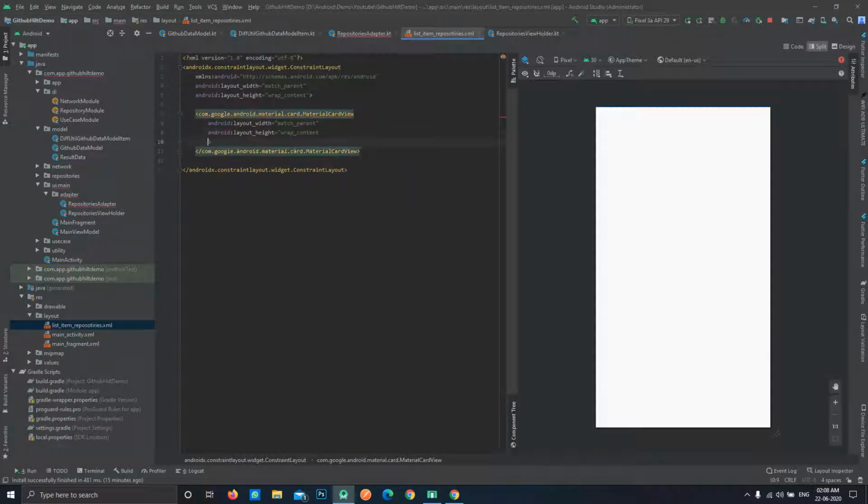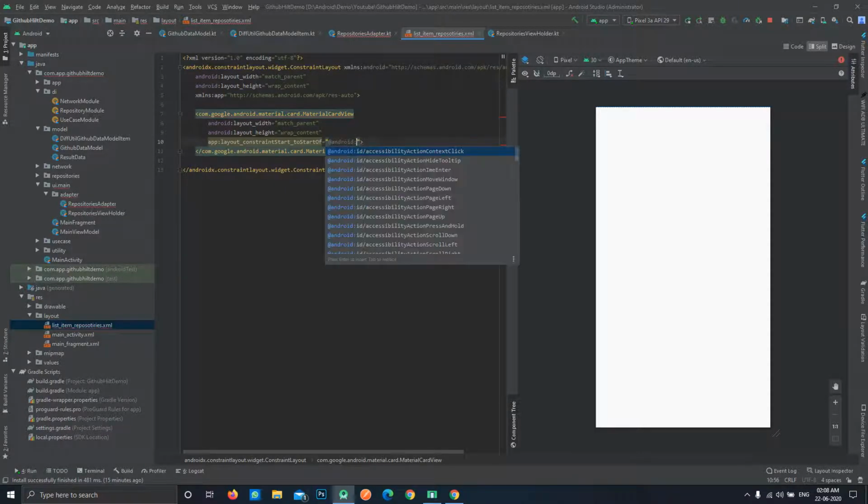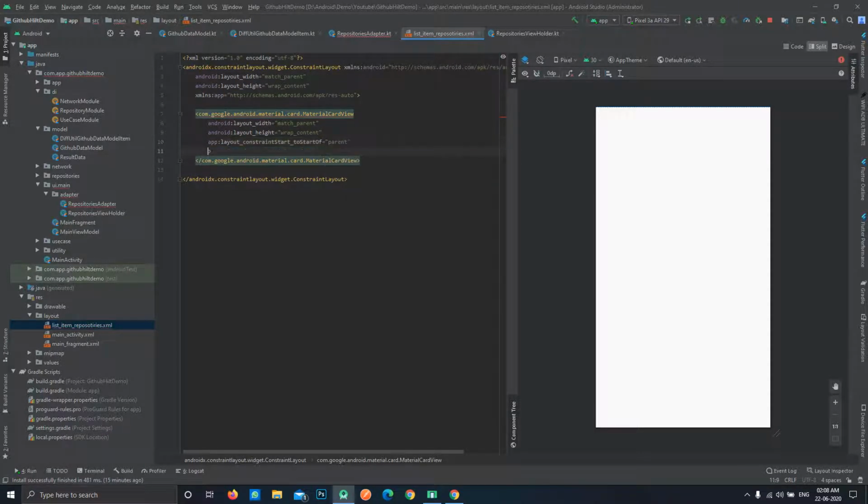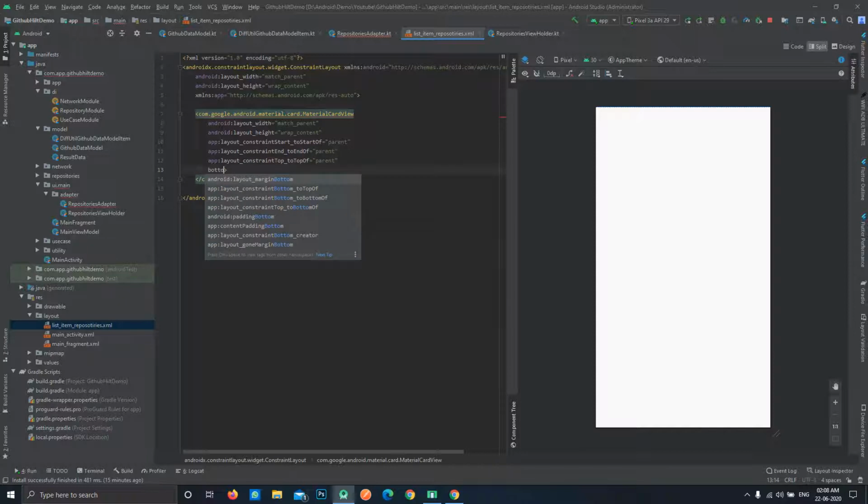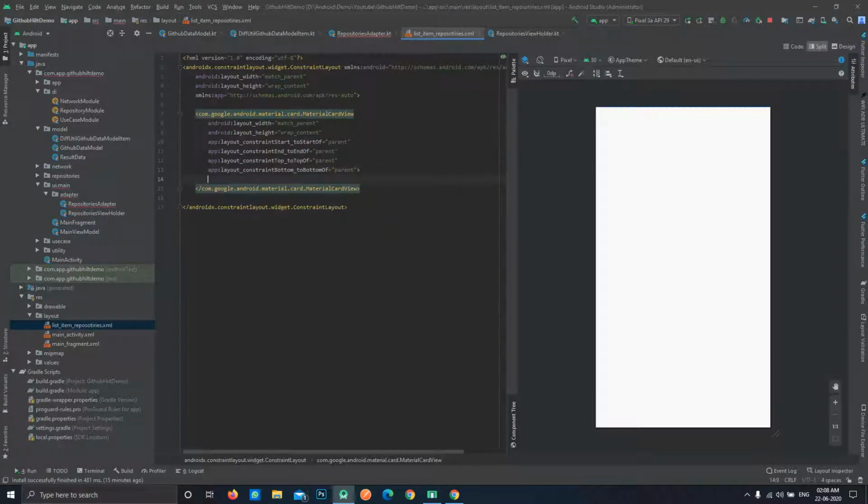So we need to define the bounds like start to start of parent, end to end of parent, top to top of parent, and bottom to bottom of parent. So this will tell it to keep this widget with the same dimensions as this constraint layout, or you can say the starting point, ending point, top and bottom point will be the same as that of the parent.